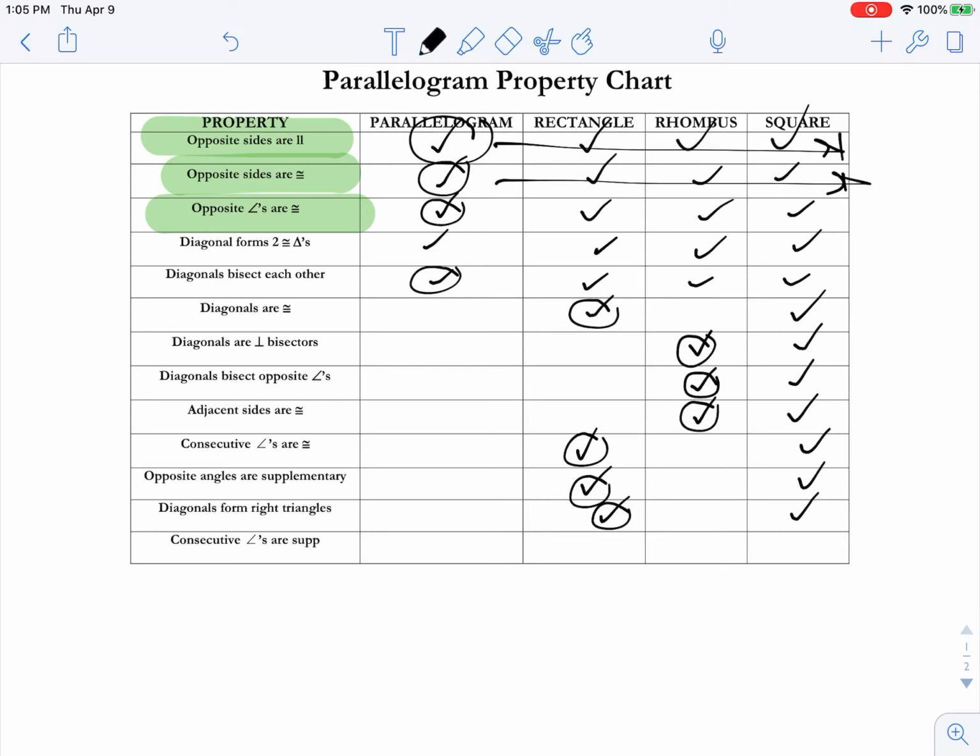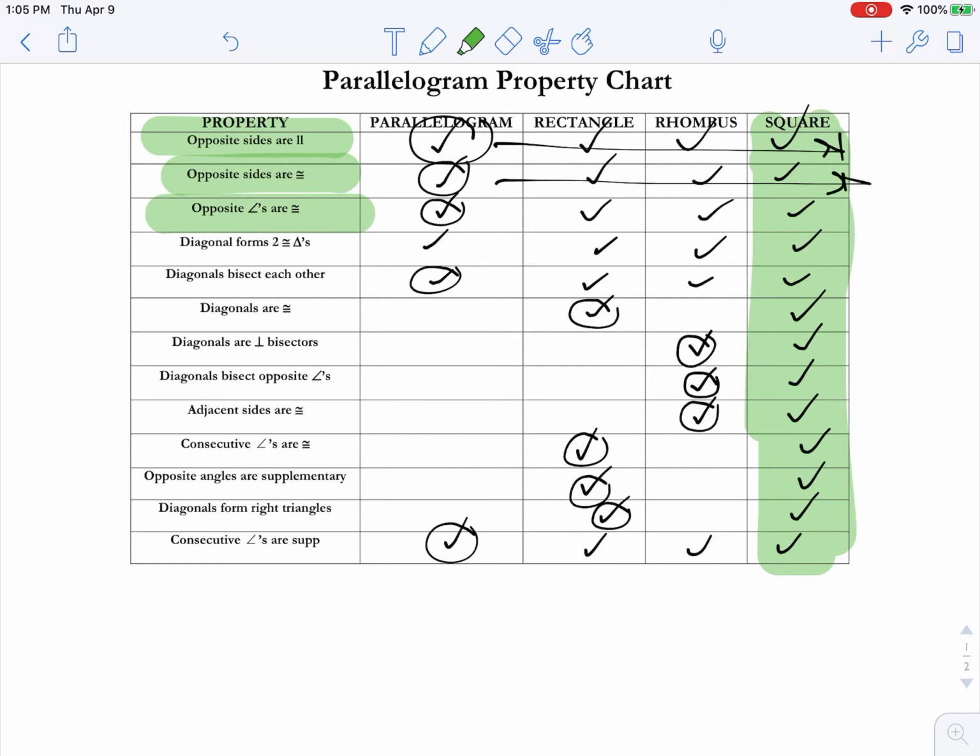And then consecutive angles are supplementary. That actually is a parallelogram rule. And that is how we fill it out. So notice, some things it's their rule, but they also affect other shapes. Some things are not parallelograms or rectangles. Some things are not rhombuses. But look at square. Everything in this list ended up being a square rule